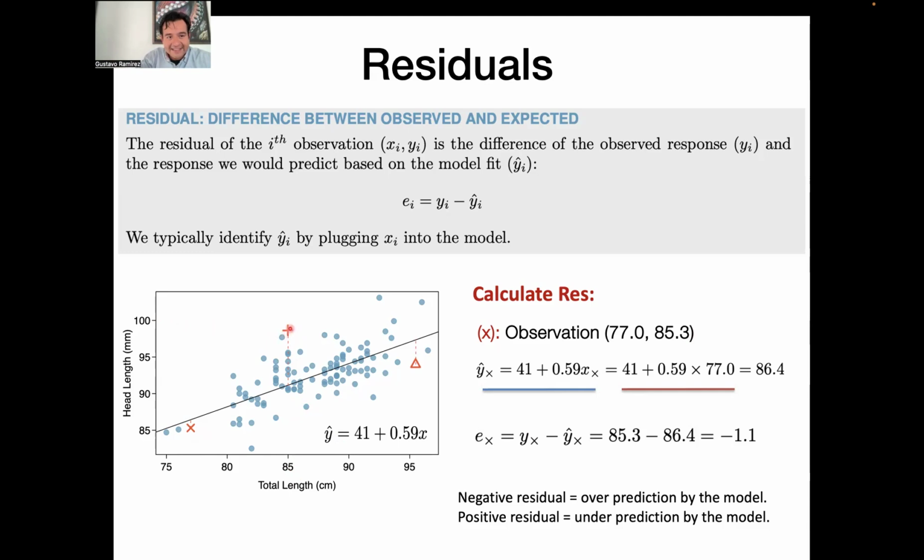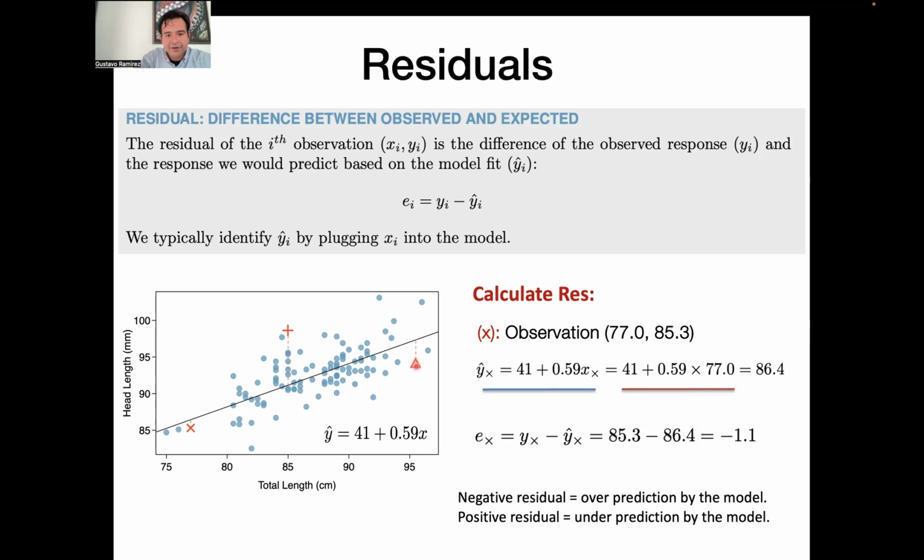So again, in this particular case, looking at this plus sign as a data point for an actual animal, the model is under predicting the head length for that animal. Because if we went by what the line says the value should be, we are way under the reality. And again, here in the triangle, we have another example of an over prediction by the model,